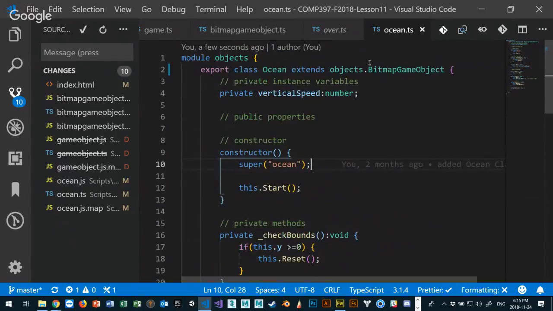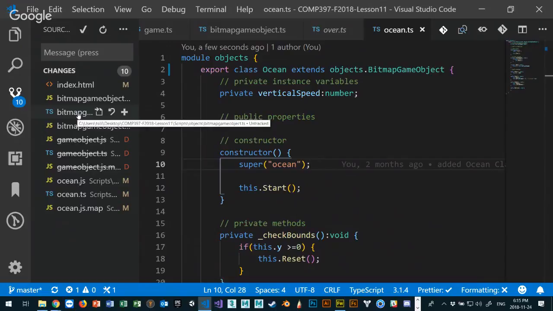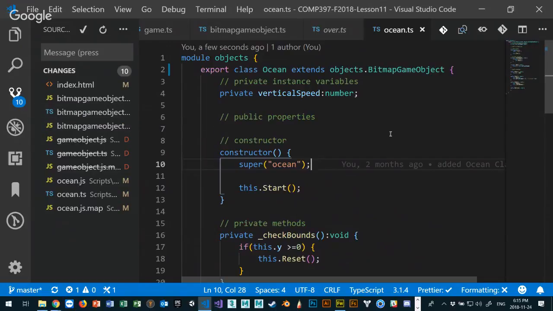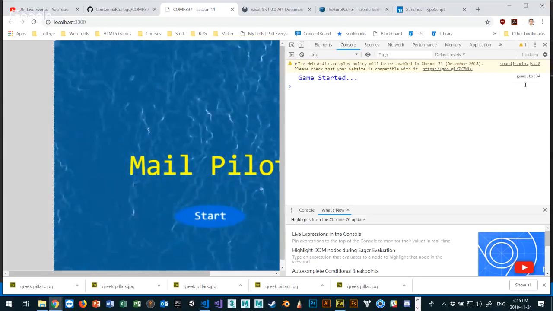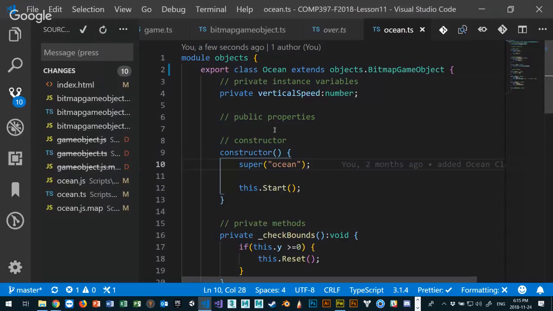And that should be it. That's the only thing that changed. Look, my bitmap ocean, right? Because ocean was the one thing that changed. When I refactored, Visual Studio Code was smart enough to redo this one. Let's go back and see if it's running. It is. That's good. I'm happy with that. Cool. Now,